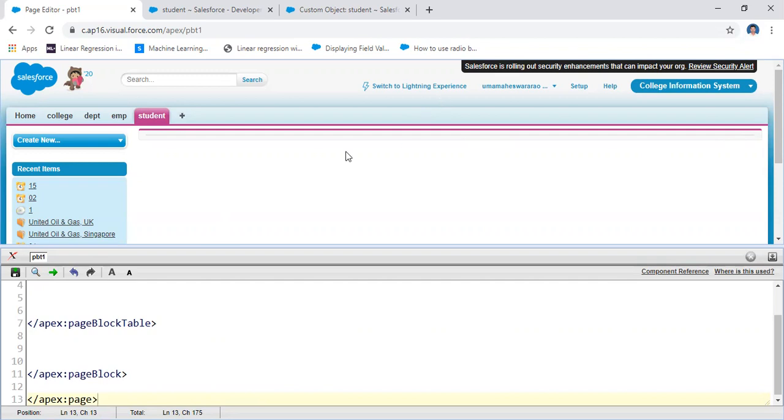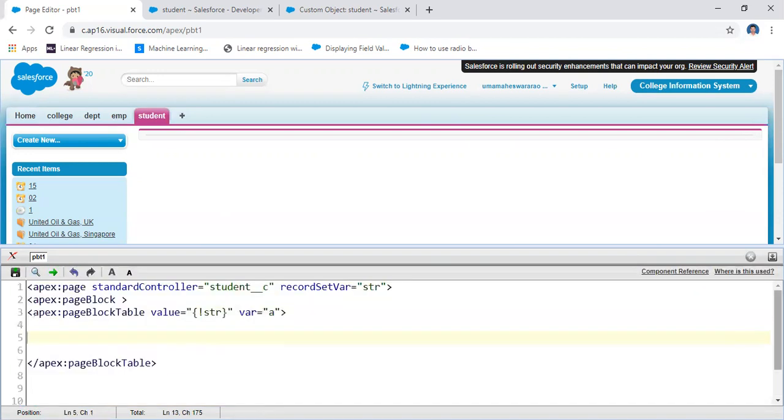The next important thing is that you have to define the columns. How can you define the columns? One important point in this case is the page block columns. The column has a value attribute, apex colon column.